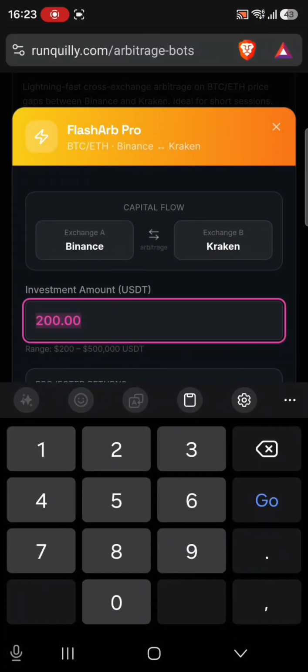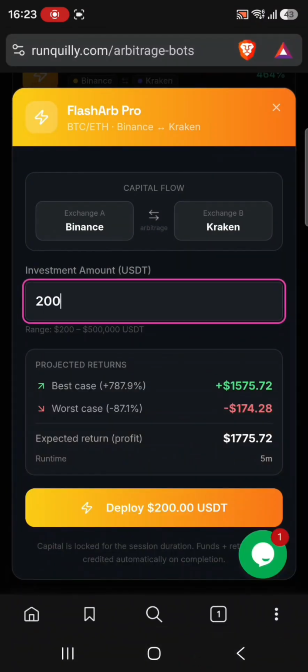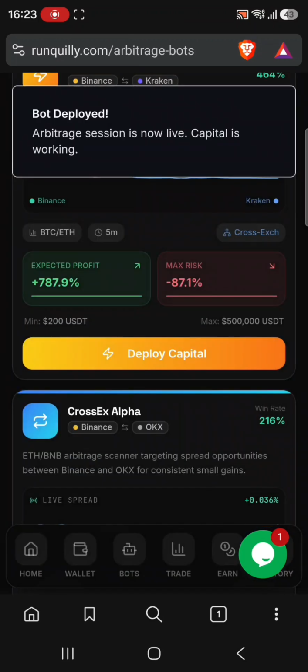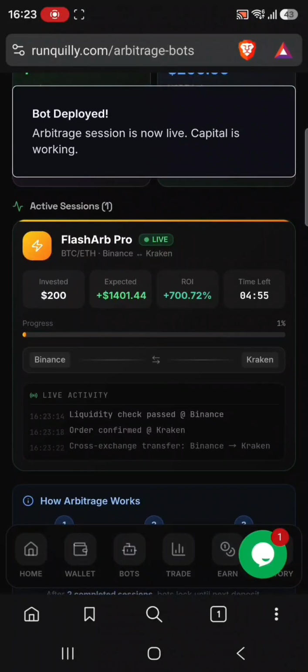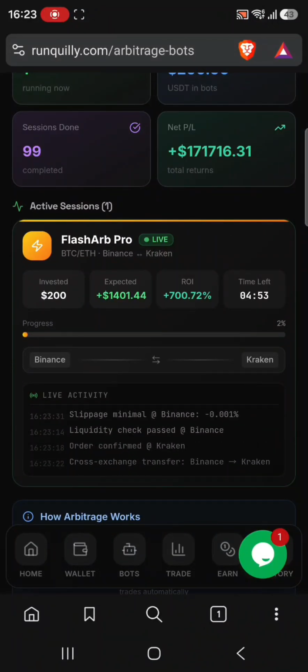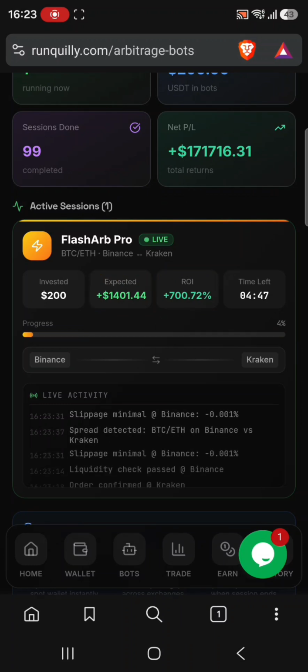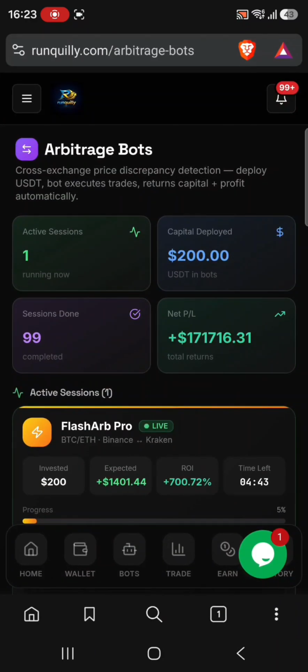We'll be running this bot for only 5 minutes, and we'll do the minimum today, where we'll be expecting 1,575. And the worst case, if we hit a loss, it will be 174. So we just deploy our bot because it is an automated bot, and you can see we will receive 1,401. Because the time is limited, we'll wait until the profit